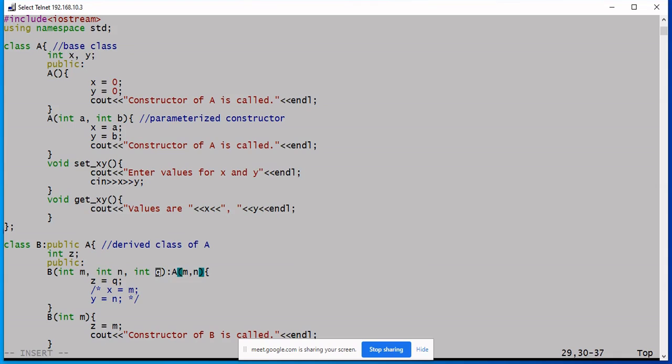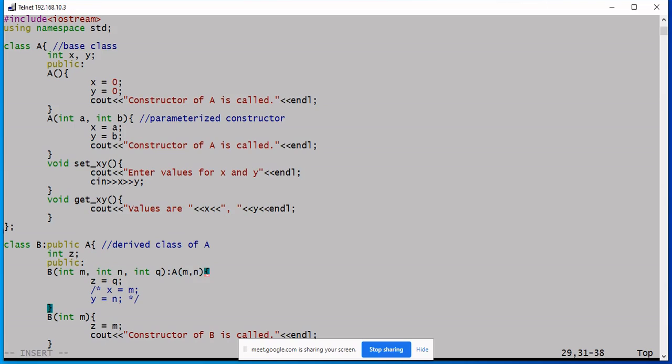You take one among them, and remember, order does not matter. It doesn't mean q is at the last, you have to use only that. No, you could take either m or n for your value z, and you can pass any two to the constructor of your base class. Here I have chosen in this way, q for the z and m and n for x and y.